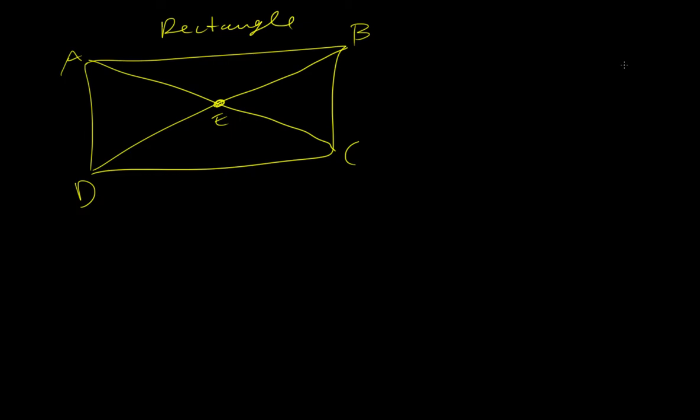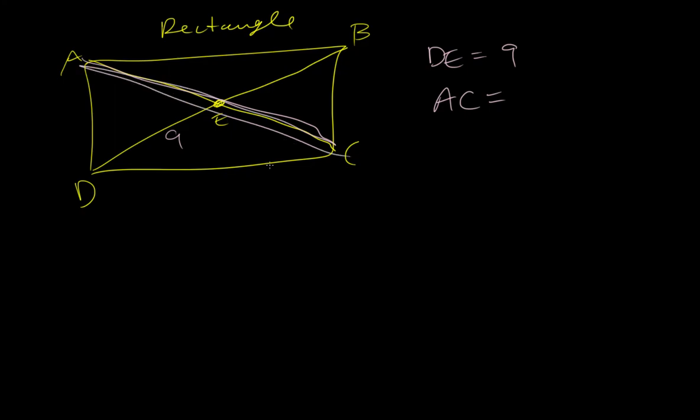Okay. Now we have DE is equal to 9. We want to find AC. Okay, so DE is 9. AC is this entire diagonal. Okay, so in a parallelogram, the